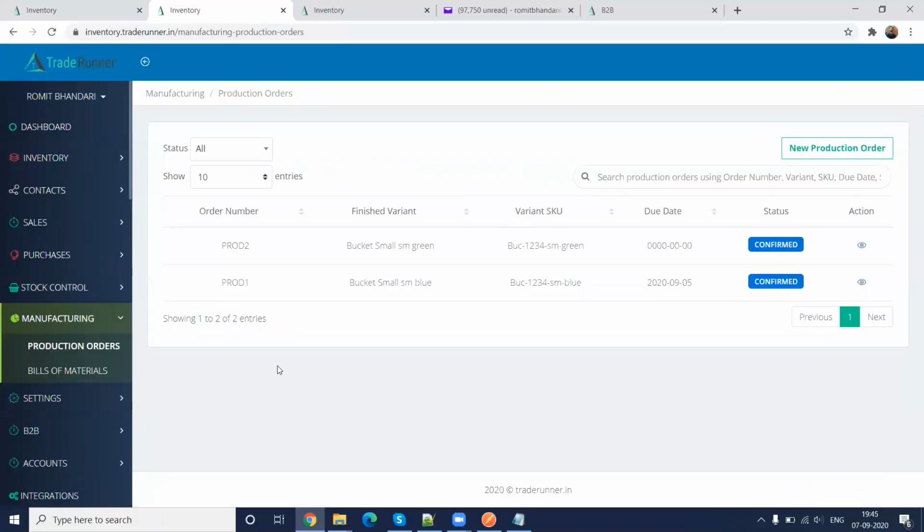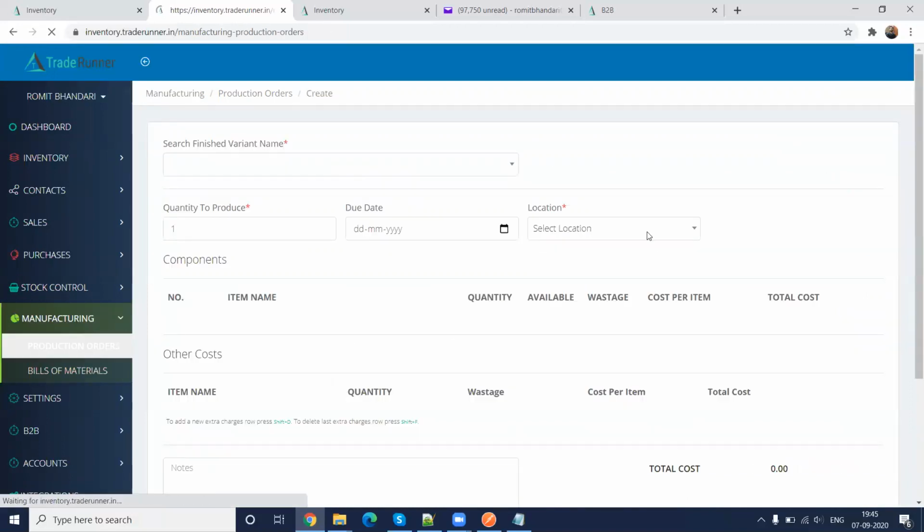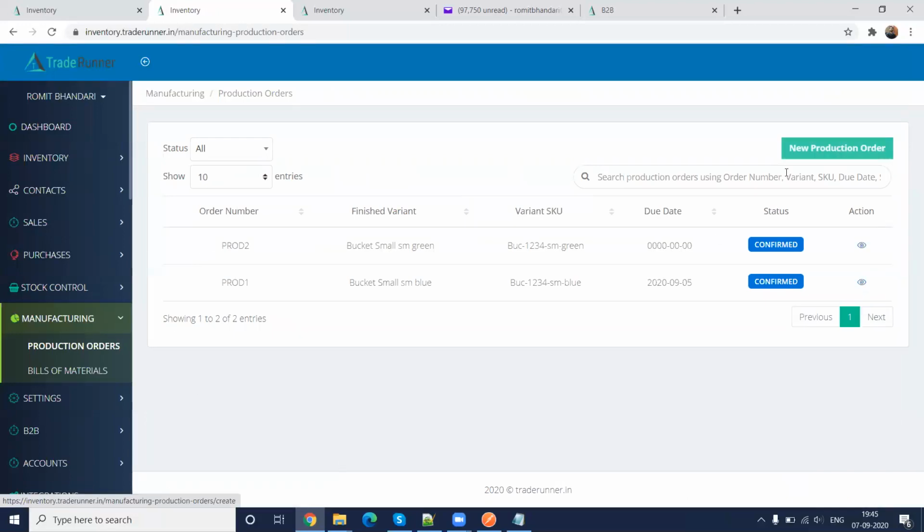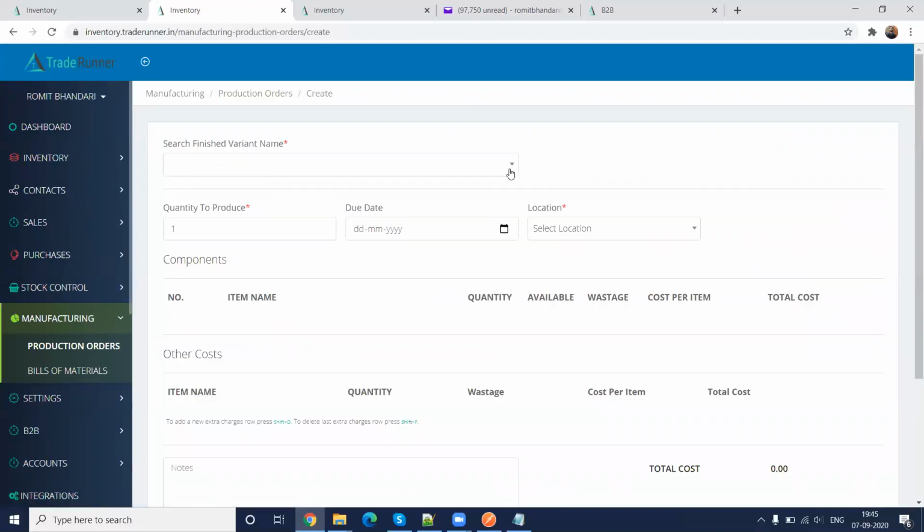So this production orders module you would use day in day out whenever you're trying to manufacture a finished product. Let me just show you. The first screen obviously is the listing of different production orders you have, which you can search based on order number, variant, SKU, etc. Let me show you how you can create a production order.